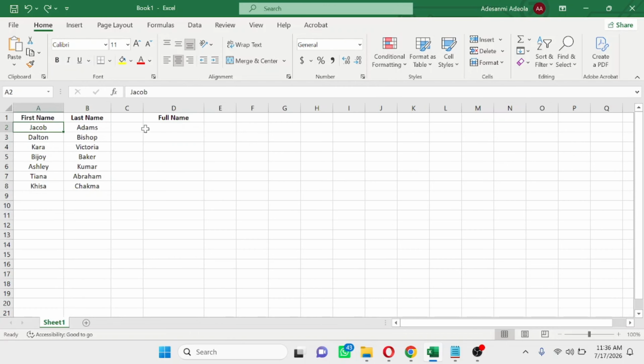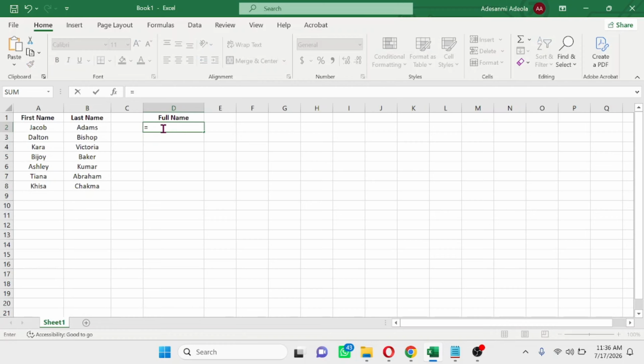Now you have your data like this. Come to this place, click on it, then type the equals button, type CON, then double click on it. Once you double click on it, it comes out like this. Then come to this place. We are dealing with